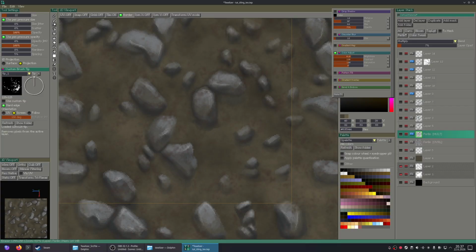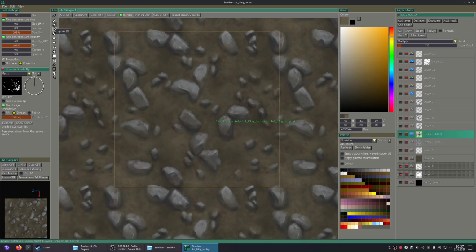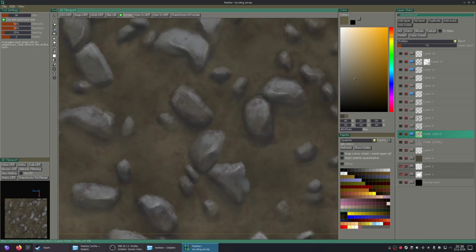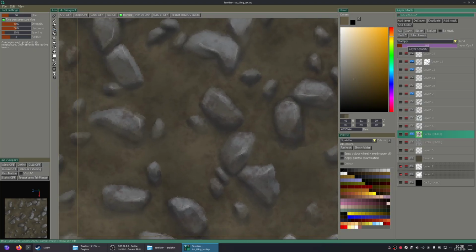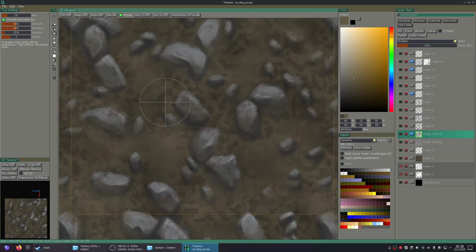Contrast. What if I put in really big contrast, and then what if I take the blur tool again and just blur some of the parts? Maybe even do this. And now blur some of it away.